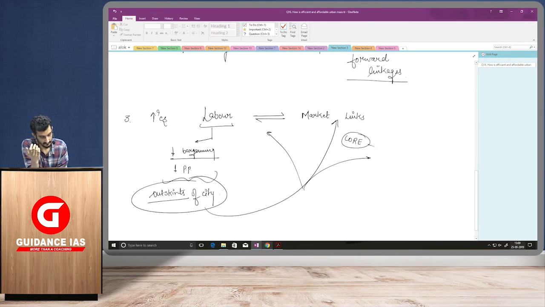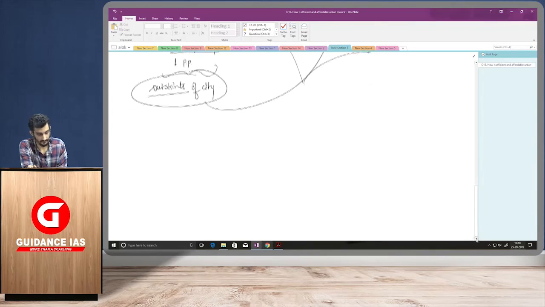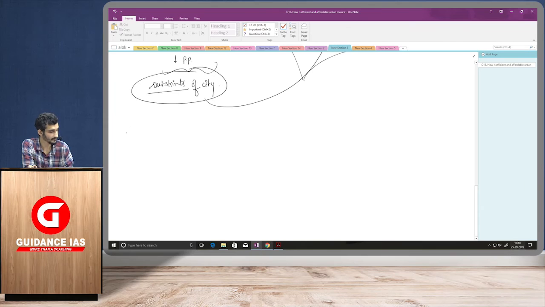Like a laborer working in Connaught Place and traveling all the way from the fringe of Delhi. So if there are efficient ways of transportation, then a laborer can easily take the metro or other kinds of bus services and reach the area of his or her job at a much lower cost. Then fourth, it will reduce the rural urban divide,